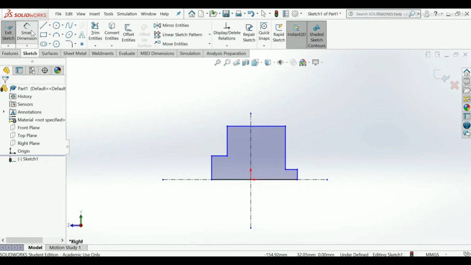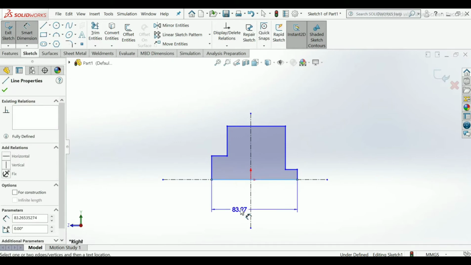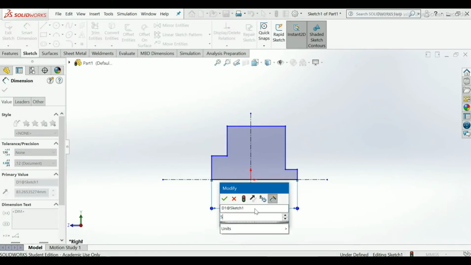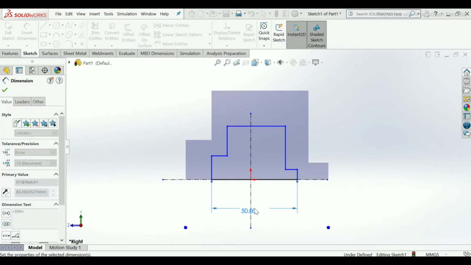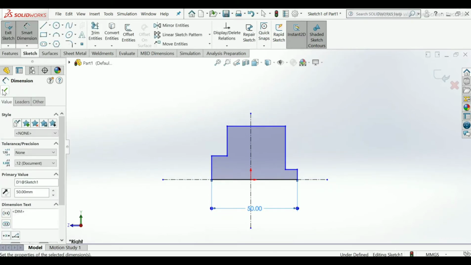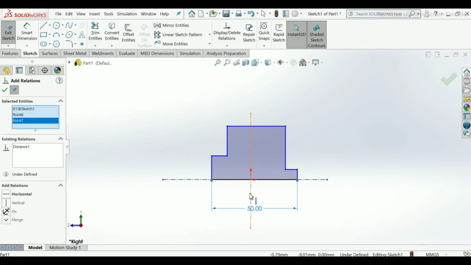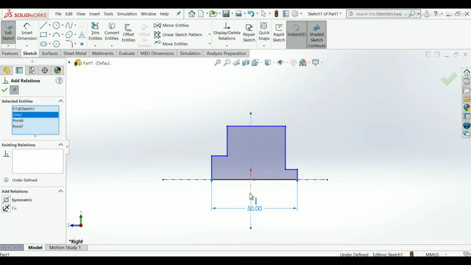Select smart dimension, apply here first, that is 50 mm. Now take add relation, select this point and this point, select the vertical axis line, take symmetry, okay.